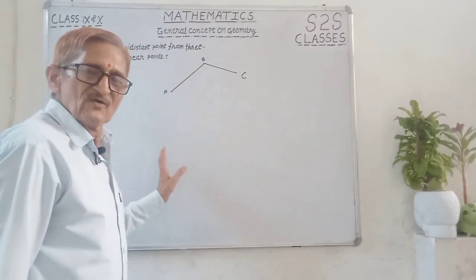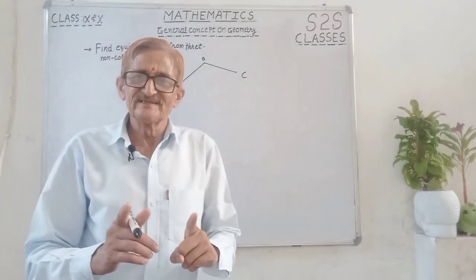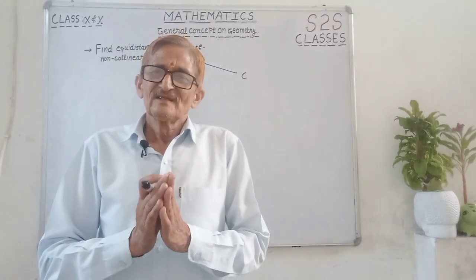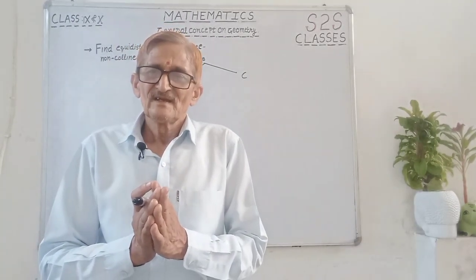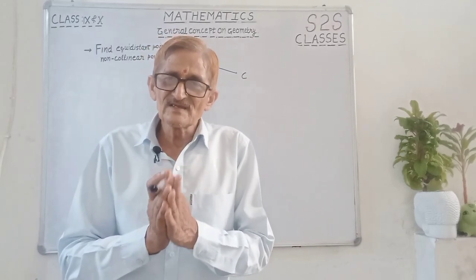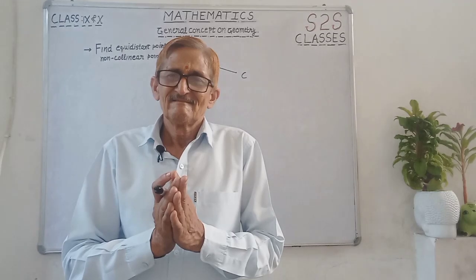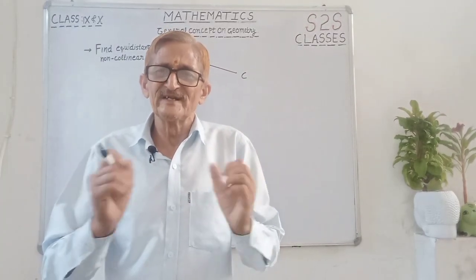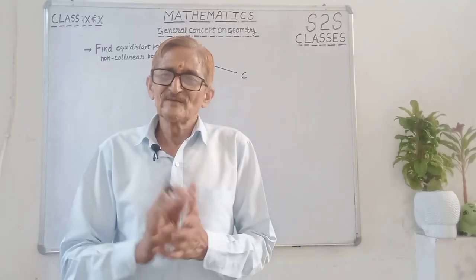So, okay, now one theorem we know. How can we find that point? One theorem is there. What is that? The locus of a point is a perpendicular bisector of the line segment joining the 2 points. It means